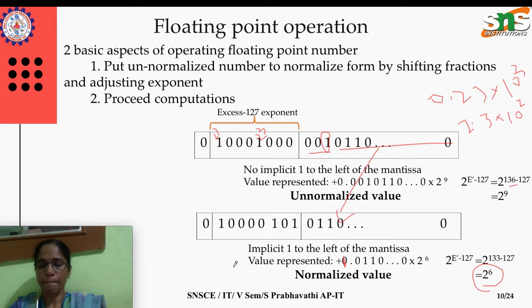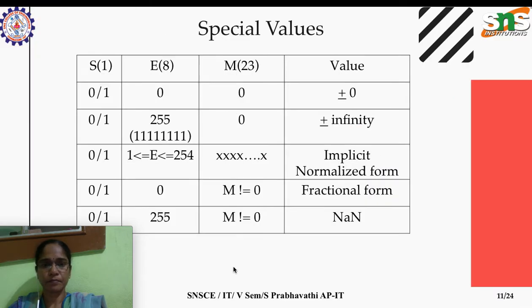Okay, and now considering the range of values in single precision 32-bit number representation. Okay, so this is the 32-bit, the sign bit could be either 0 or 1, and this is the exponent represented in 8 bits. Okay, so we could mention here e dash instead of e. Then here the mantissa in 23 bits, and we have the values represented.